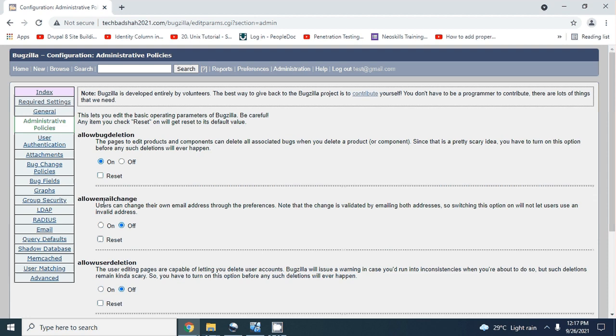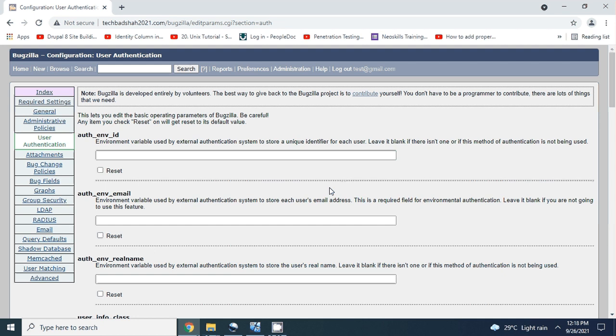Let's go to the next setting, that is user authentication. In this section of user authentication, we have multiple settings for external integrations. Bugzilla also offers certain parameters for integration with other systems, like environment variables for email and the user authentication, that is user ID.